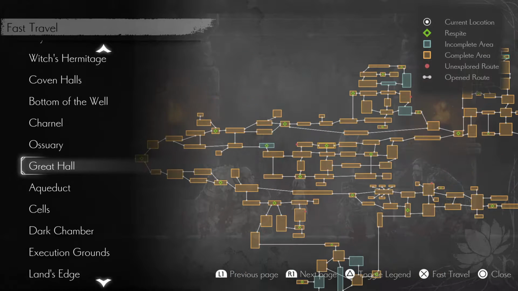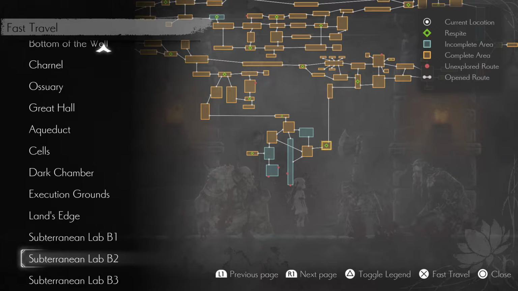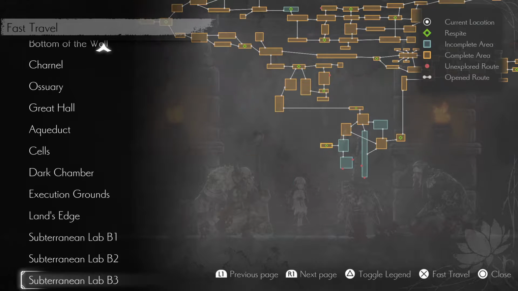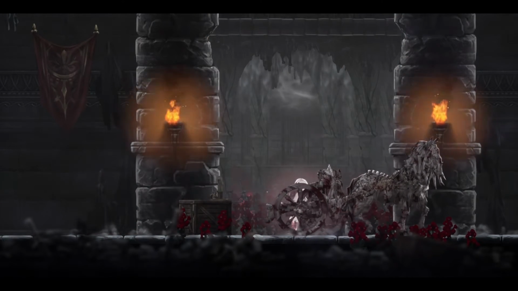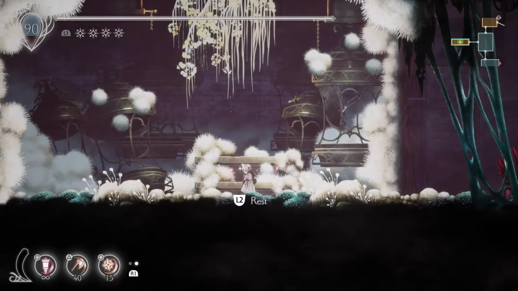Okay, I mean, I guess that pretty much answers that. We're needing to go down to the subterranean lab again to go any further. I think we're going to try lab 3 and go through it. I think I'm going to try a different item setup. Specifically, I want to try...